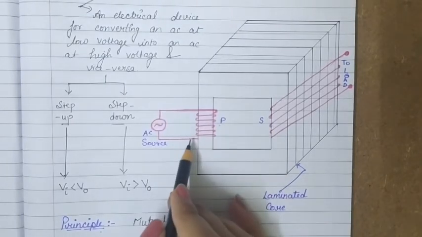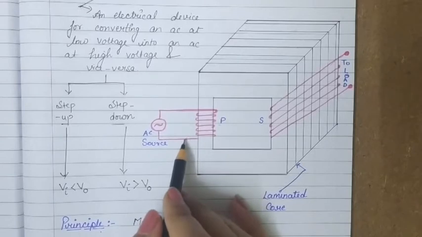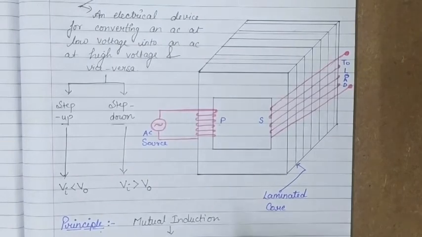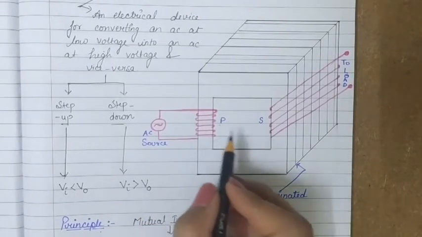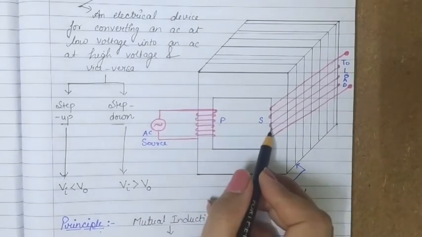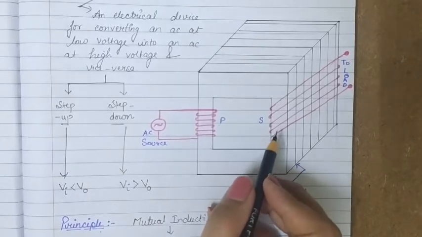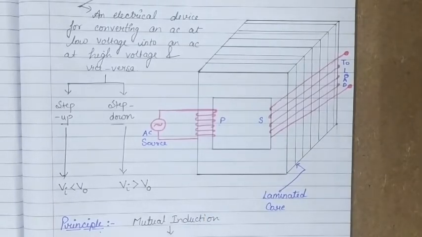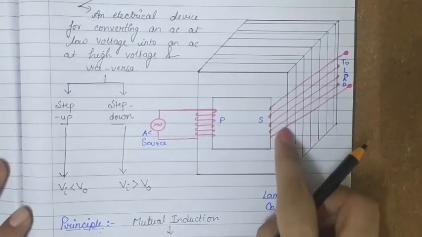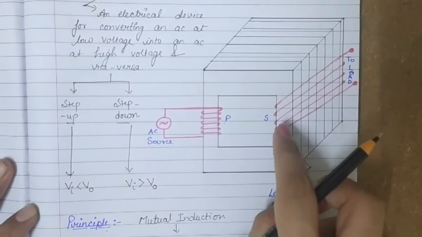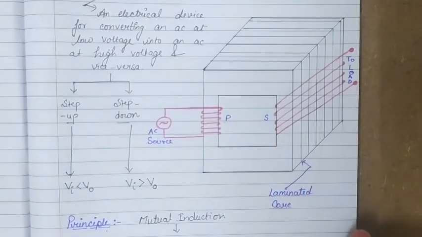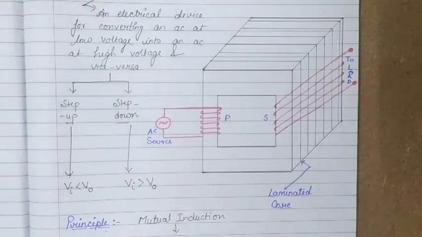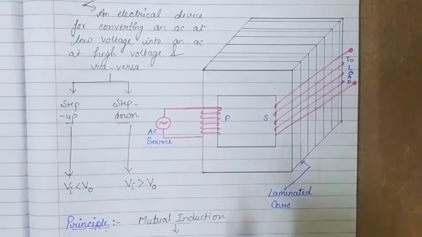Primary means that coil जिसमें varying current is present, means this is the coil where we have applied the source, and because of this primary coil the magnetic flux linked with the secondary coil is changing, and as the magnetic flux linked with this coil change because of the phenomena of mutual induction, there will be an EMF set up in the secondary coil, and because of that induced EMF, an induced current will also flow in that coil which is connected to the load.